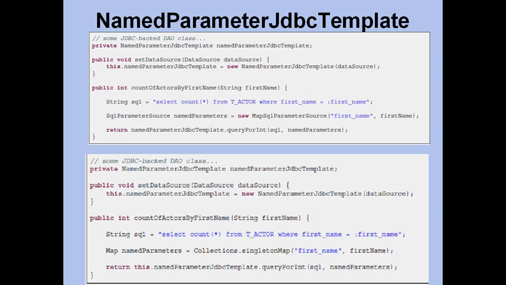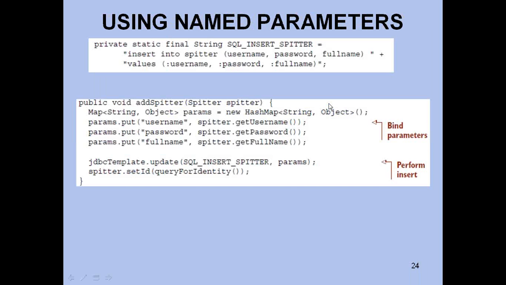So if you have multiple values that need to be set like this, what you were doing earlier is creating a map object and putting a key similar to the named parameter. So then you are putting them into the map manually.